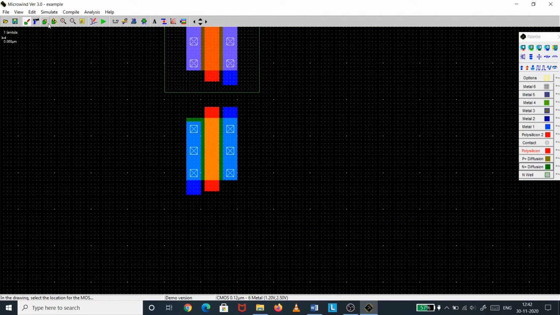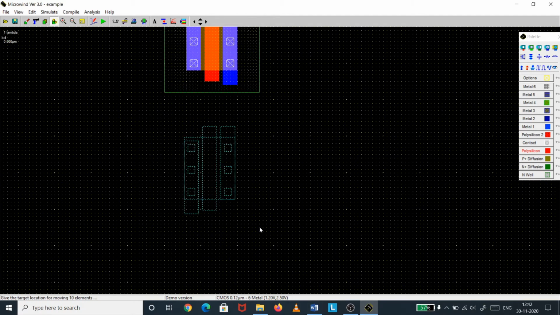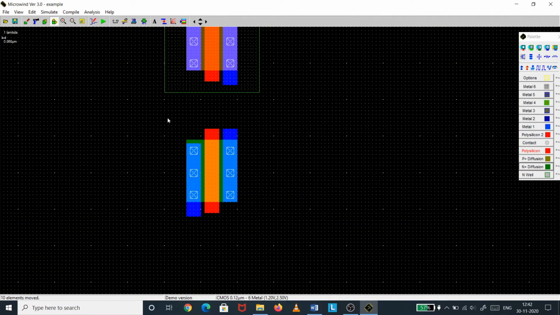Now I will move this towards outward so as to have the connections. So for the transmission gate I will connect drain to source, drain to source.